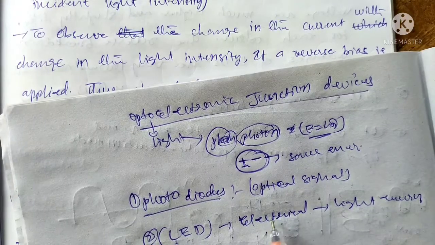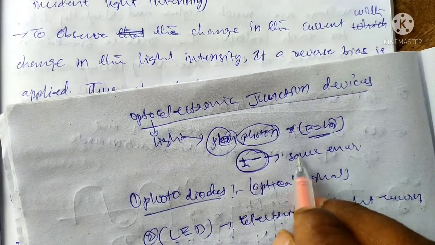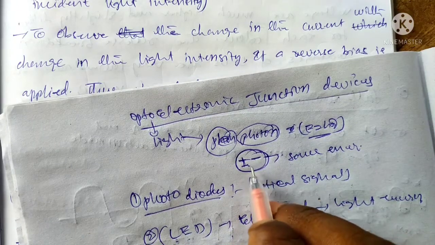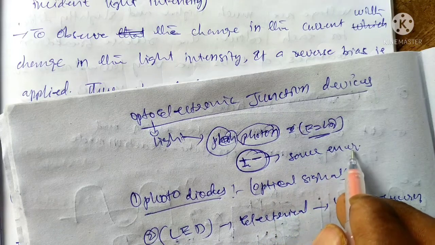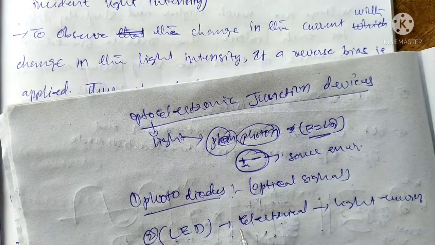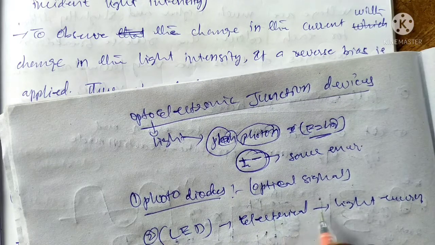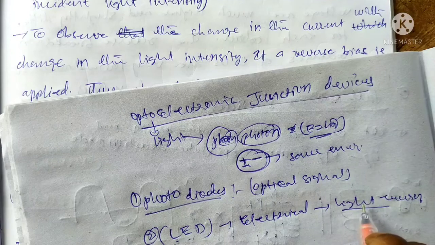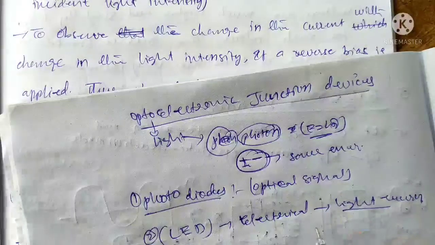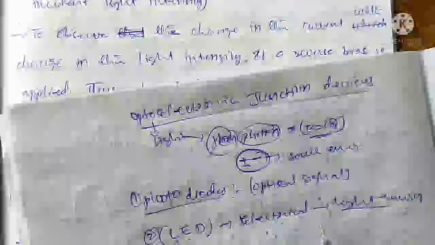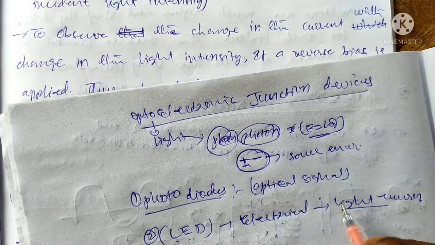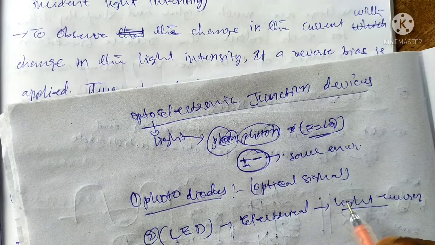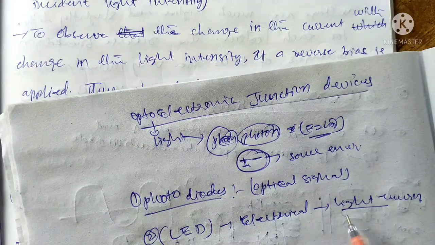We use the electrical energy for this emission. With the formation of electron-hole pair generation, some amount of energy is released. This released energy is converted to light energy, in the form of light from the LED. There are some types of LED: red LED, green LED, yellow LED. It can be used in remote controls, function generators, digital displays, home needs and more.